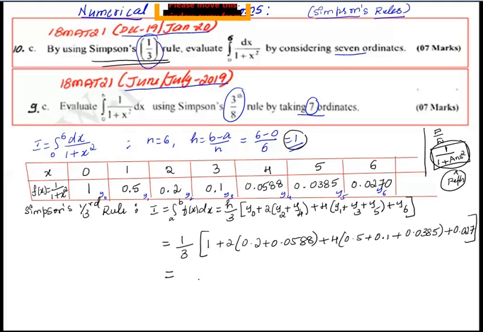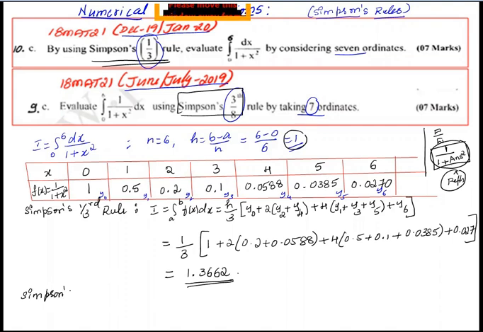Use the calculator. Okay. Answer is 1.3662 by using the calculator. Similarly, for the second problem, by using Simpson's 3 by 8th rule, the formula